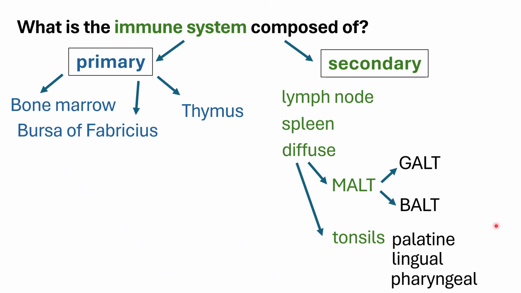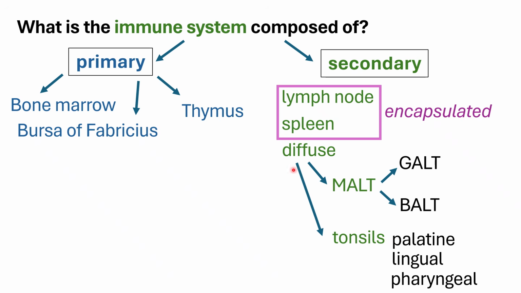Again, in all of these secondary organs, only the lymph node and the spleen are encapsulated, and the rest here are not encapsulated. So again, when you say encapsulated, there is the presence of which type of tissue? Yes, your connective tissue, okay? Your dense irregular connective tissue made up mostly of your type 1 collagen fibers, okay? Because inside them, you would have again your type 3 collagen forming the reticular fibers. Okay?